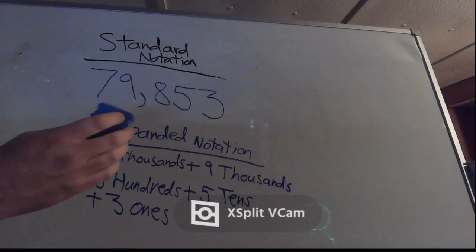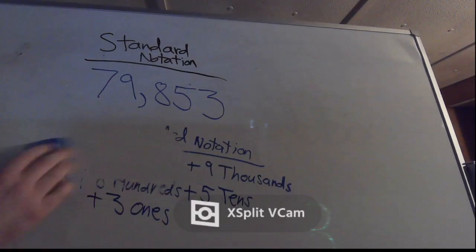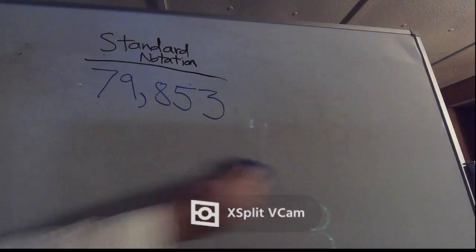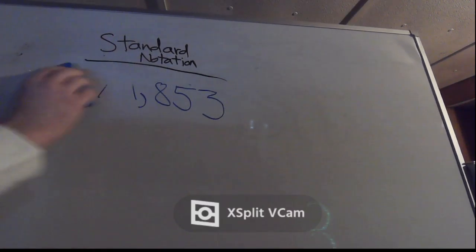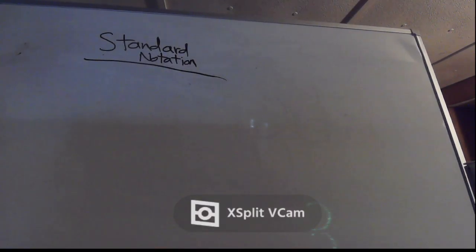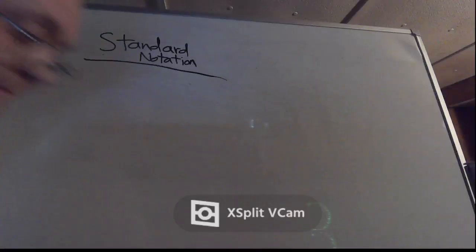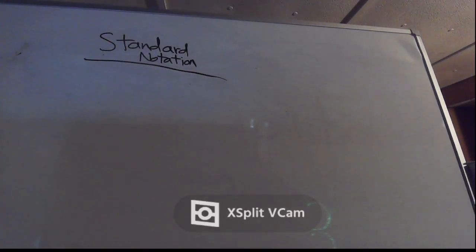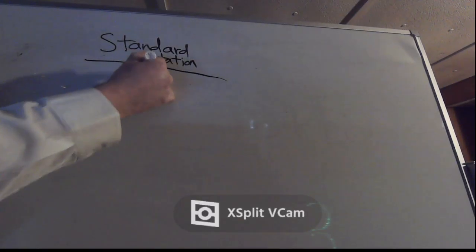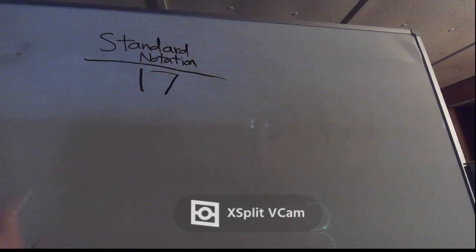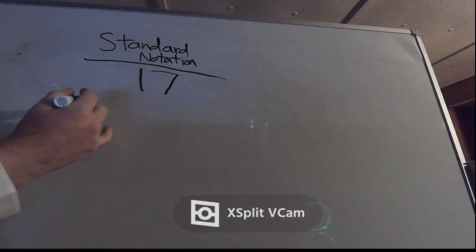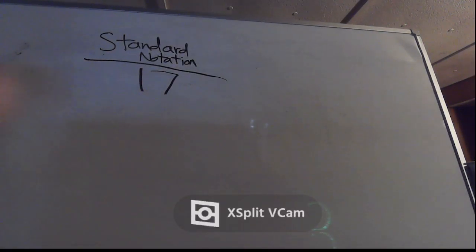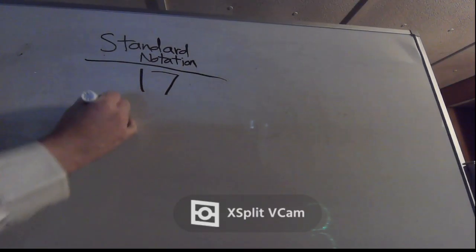Alright. Now we are going to talk about word notation. I'll write standard notation to start with, then we're going to get into word notation. Standard notation, I don't think we need to do it for single digits. Let's start with 17. The number 17, just for the heck of it. If we want to get into word notation,